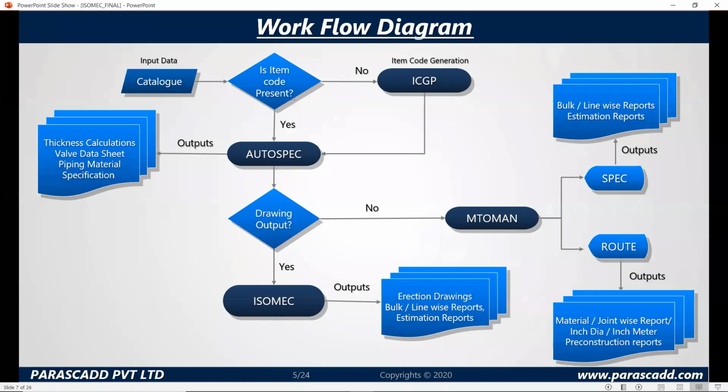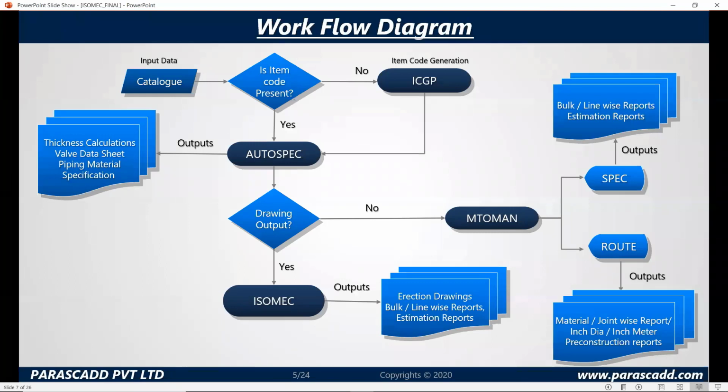Once your spec is ready, and if you want an ISO drawing output graphically, we go to our ISOMEC section where you can generate erection drawings and the associated bulk-wise and line-wise reports and the following estimation report. If you don't need a graphical ISO drawing and just the BOQ, that is bill of quantity, we have the MTOMan feature where, according to the specs, we can make a bulk-wise and line-wise report and its estimation report.